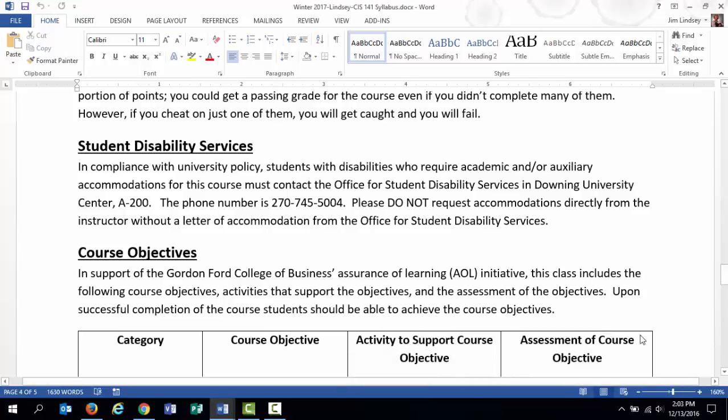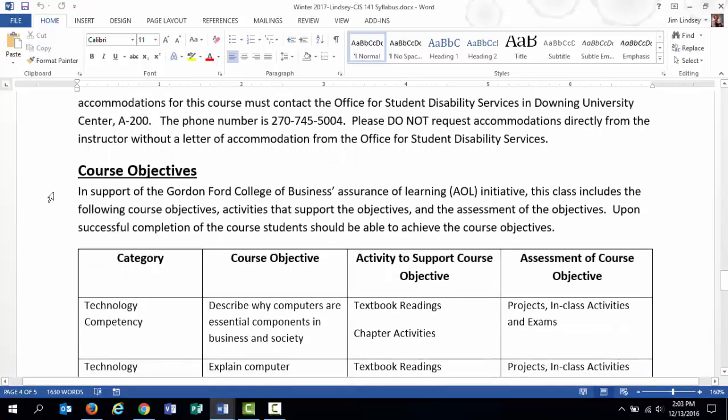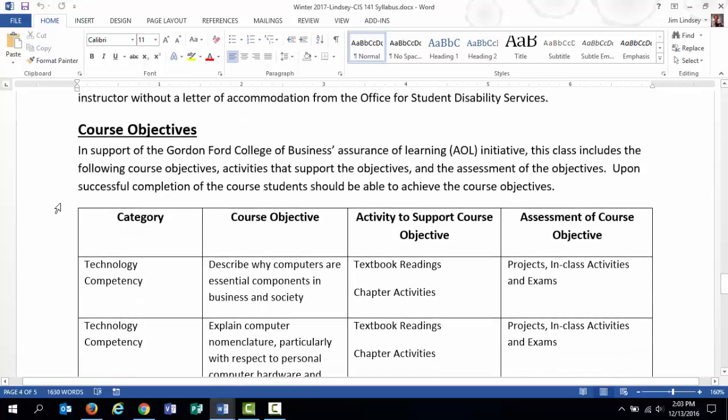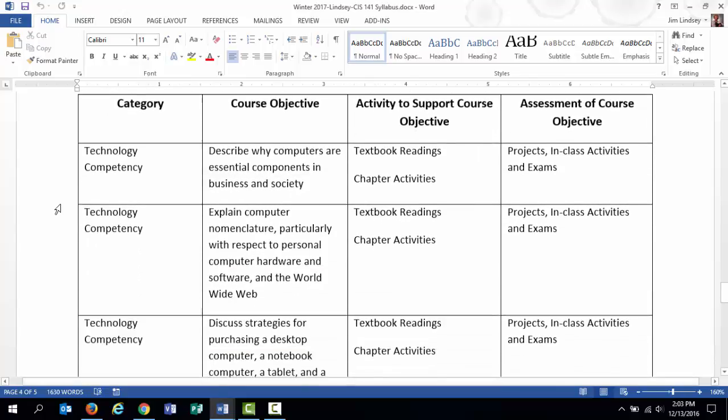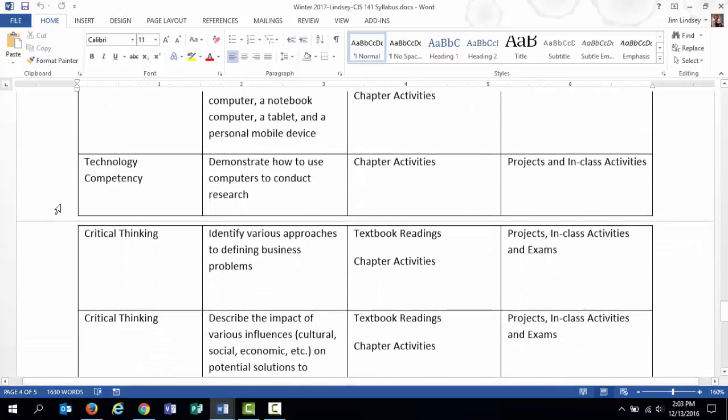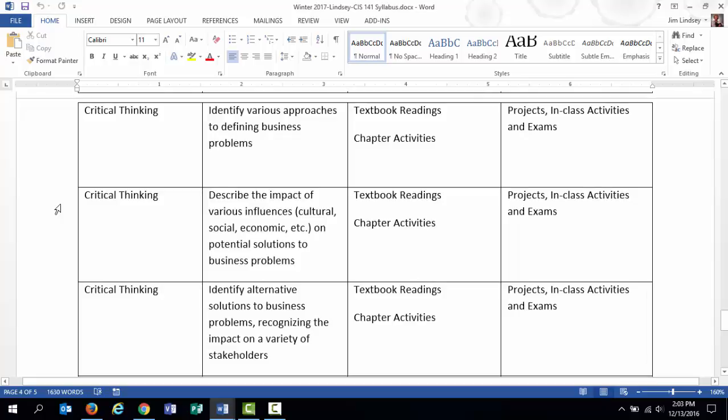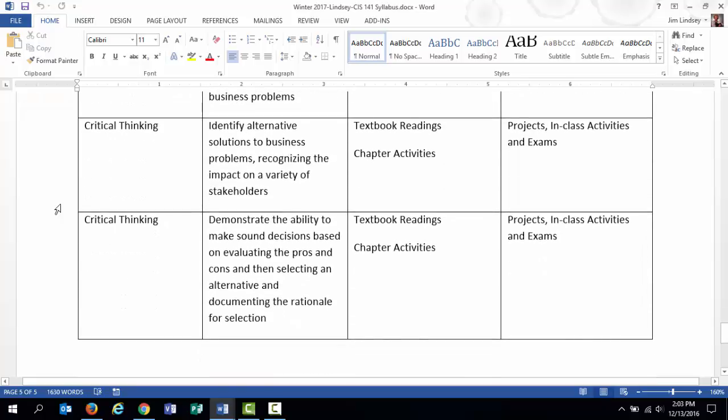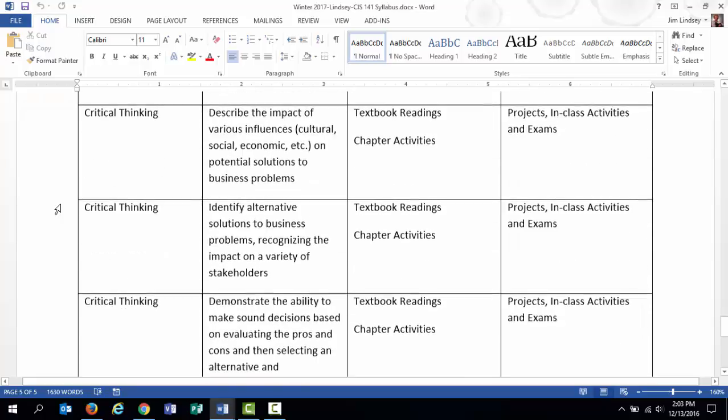Okay, and our last part of the syllabus is basically where we talk about course objectives. And if you're going to be a teacher, this will be interesting to you. If you're not going to be a teacher, then you'll probably not really care about this. But as you look at this matrix, essentially what you're looking at is a listing of things for which this course is responsible in helping the college